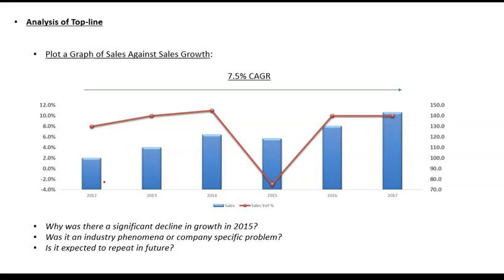For that we will need to look at the year over year growth, and for that you can plot this graph. This is just the annual sales each year, and this line chart shows the year over year growth of sales. So if I look into it, year over year growth sustained in first 2 years and in last 1 year. Problem happened in 2015, where there was a significant dip in the sales.